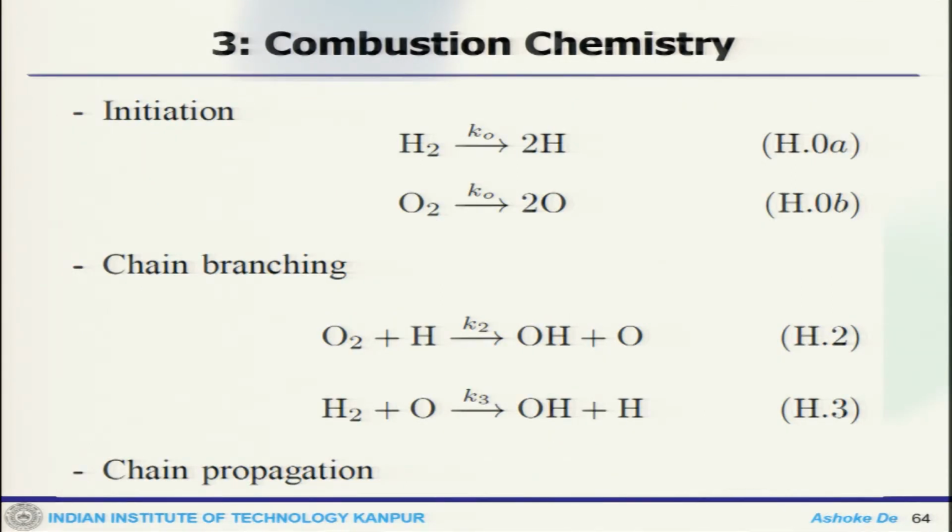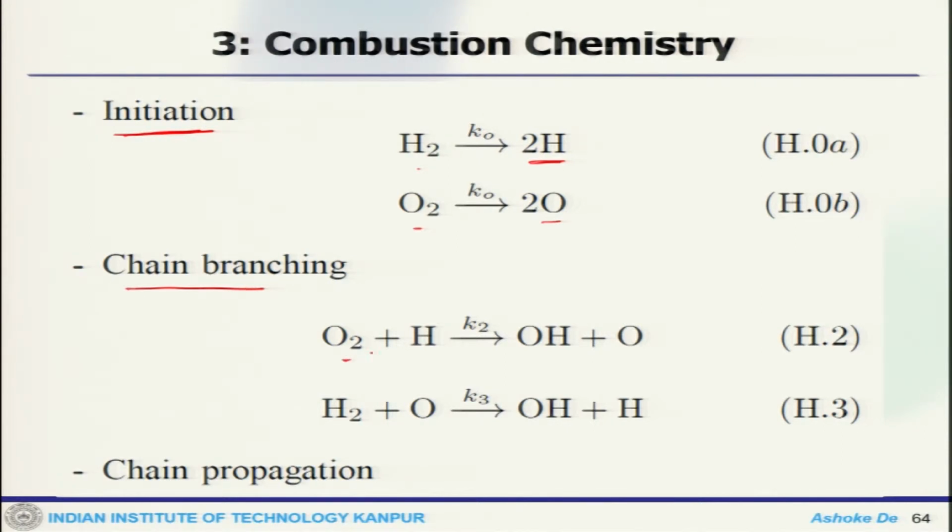So, the first step of the reaction. These are chain reactions. The first step towards the reaction is the initiation. At the initiation stage, hydrogen as a stable product gets into H radical, and oxygen as a stable product gets into O radical. Once that happens, this is the initiation of the process. Now, my chain branching starts to take place.